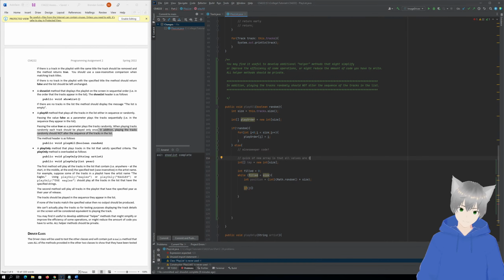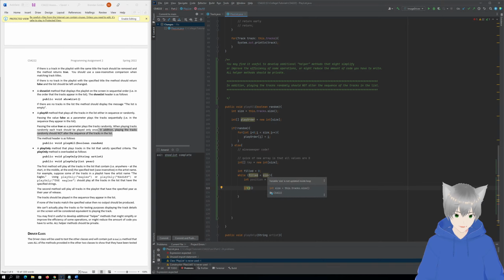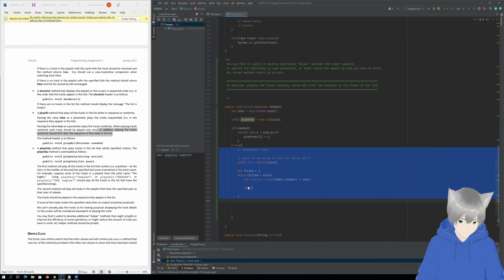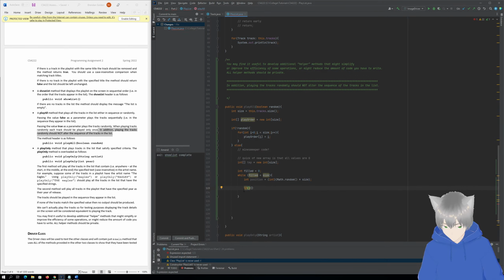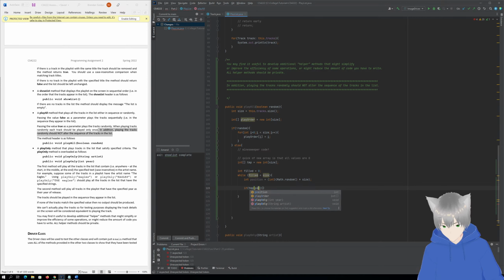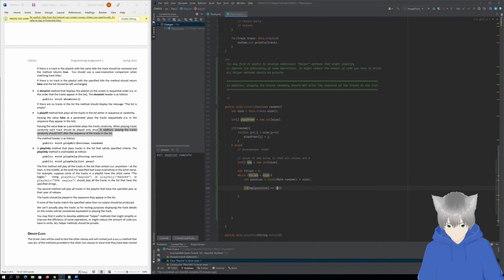We don't have to pre-format the array or anything. Quite convenient. As far as I can tell, this comes from C, where by default all int arrays are filled with zeros. So we check to see if whatever is at that position in temp is 0. So if temp position equals 0,